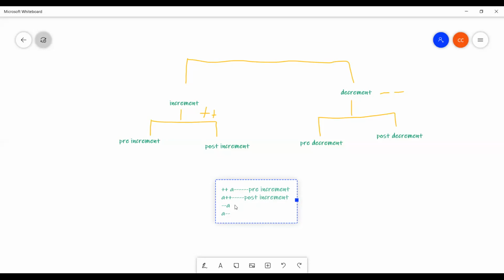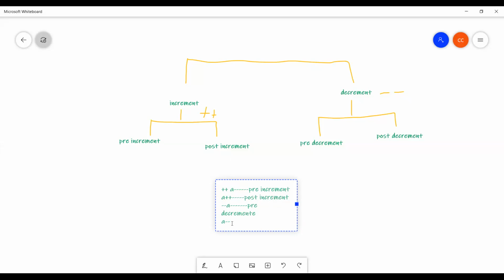Next, the third one. Based on the first one, you tell me what the third one is. Pre-decrement. Minus minus is called the decrement operator, and that operator is available before the operand, so that is called pre-decrement.